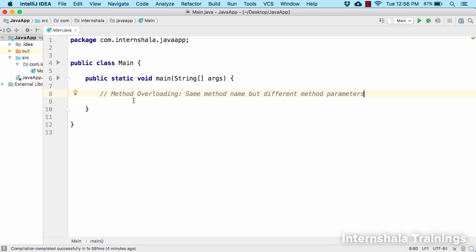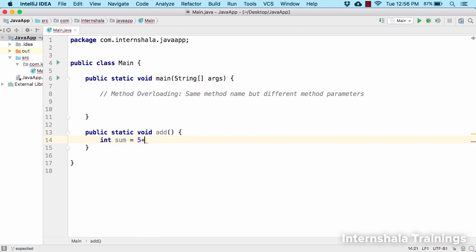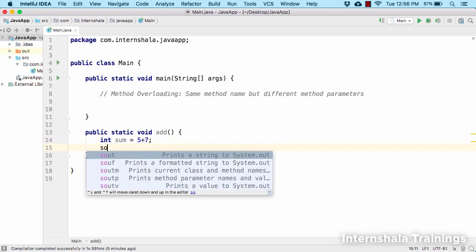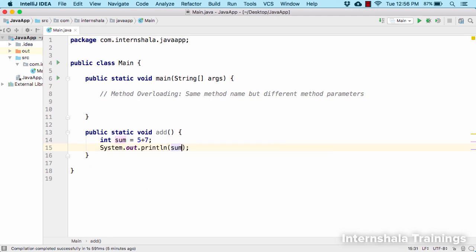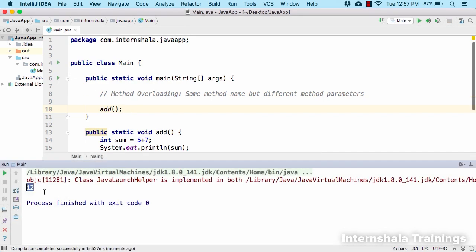So how can we see the code in action? Now suppose you define a method, let's say public static void add, and within the block you write a statement int sum equal to 5 plus 7, and then use the print statement to print out the sum of these two numbers, right? And call this function from inside the main method by simply using the add name like this. If you run the code right now, you will get 7 plus 5 equal to 12 in the output console,